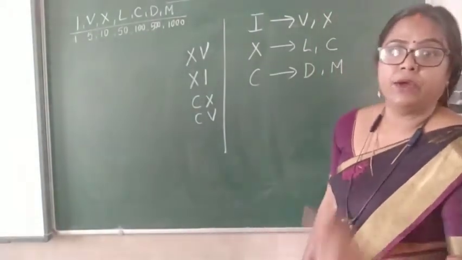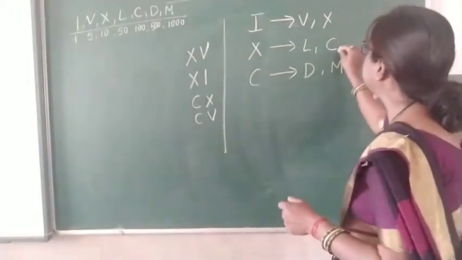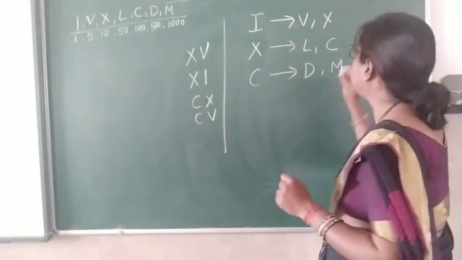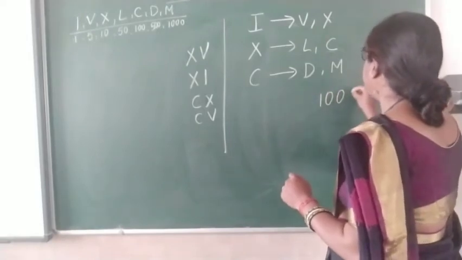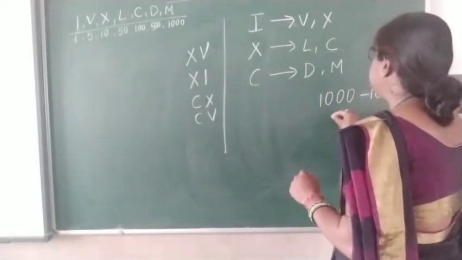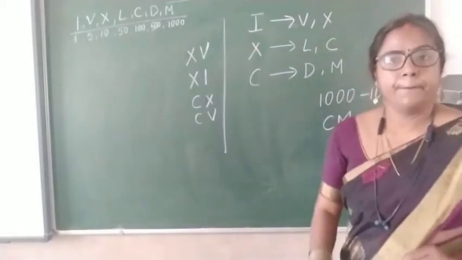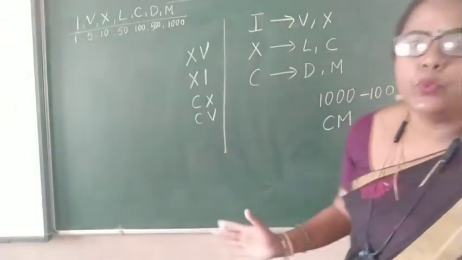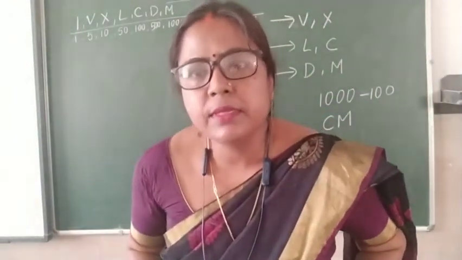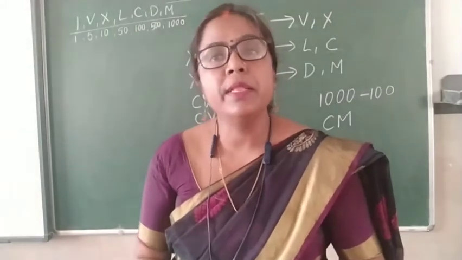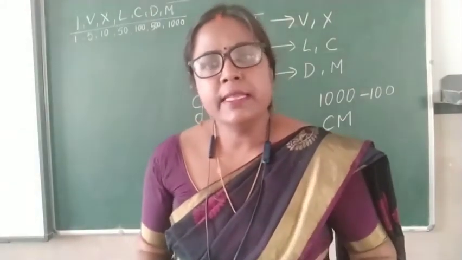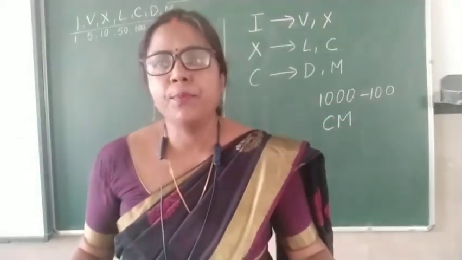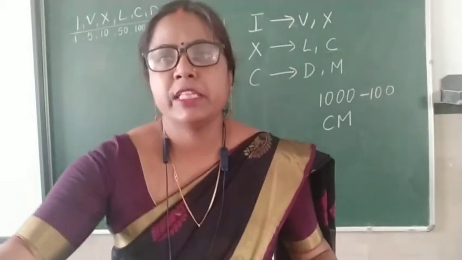So if you have to write 900, it means this is C, and C is for 100. So if I have to write 900, it means 1000 minus 100. So it will be CM. 900. Clear to you? So these are the basic rules which we have to follow while writing numbers in Roman numerals. You already studied all these things in class 4. Some more elaboration which is not there in the book, but you should know, I am going to explain to you.